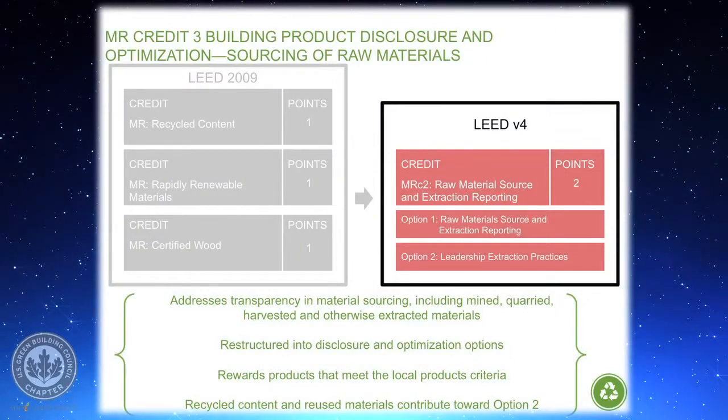So the next credit, here we're now moving into that box of human and ecological health impacts, is the sourcing of raw materials credit. So here we are looking at the certified wood credit applied to mining, extraction, quarrying, any type of extraction related industry or supplier. So again, option 1 is looking at disclosure. So we want manufacturers and suppliers reporting on issues related to extraction through reporting frameworks. So here it's their supplier locations, their labor practices, their land use practices, anything that has to do with actually taking the virgin materials out of the ground and getting ready to put them through a product development